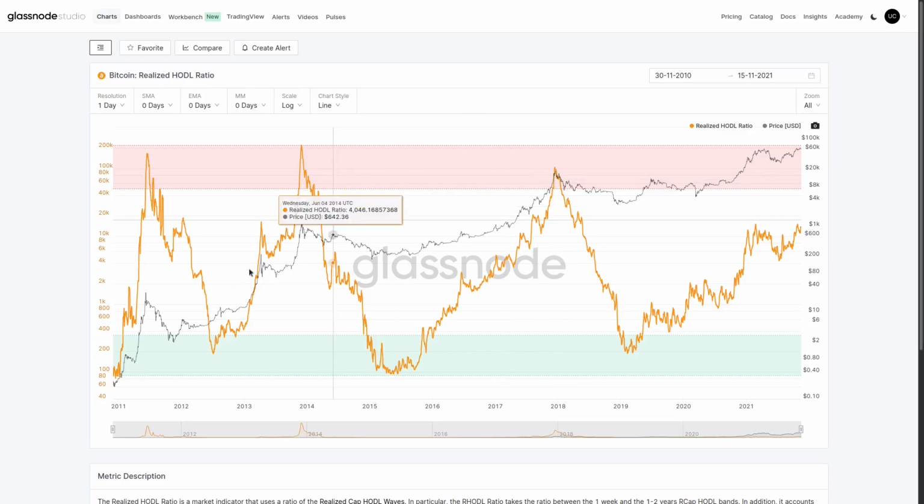That generally signals these market tops. And what was really nice about this metric, and many other metrics tend to pick up this 2013 double pump, both of them being overvalued, is that the RHODL ratio is actually one of the few that didn't do that, which is quite remarkable. And you can see we consolidated in this particular zone, which is not too dissimilar to where we are. So there are actually some similarities with 2013, particularly in the balance between new investors and old investors, which is quite an interesting metric.